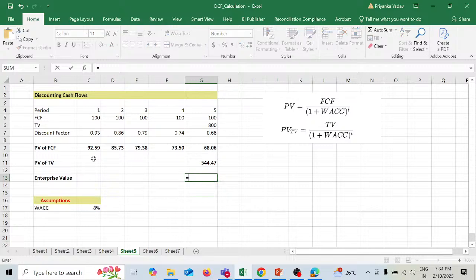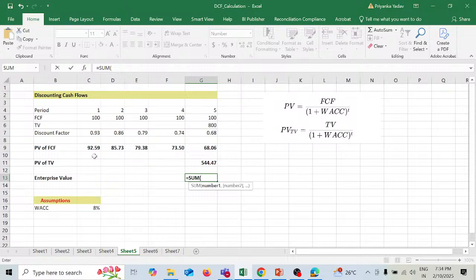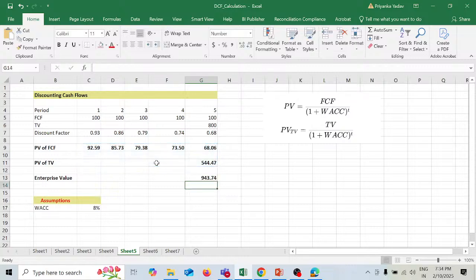which is equal to, you can write here as sum, select the entire thing over here. Fine. So we're adding up the present value of future cash flows with the terminal value. So that comes out to be 943.74. This is your discounting cash flow. After this,